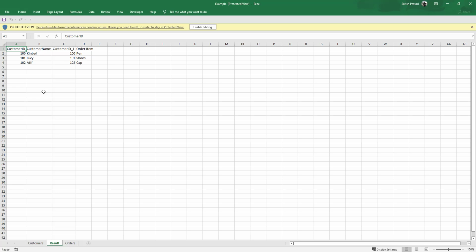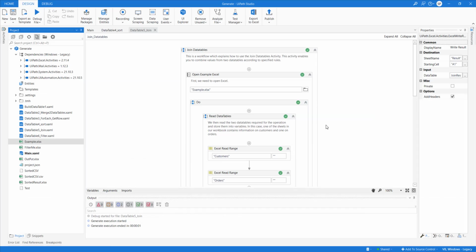Any doubt on this? How to perform a join operation? No. It's pretty simple. And covering the concept of what is inner join, outer join, left join, and all those things, those are beyond the scope of this lesson.